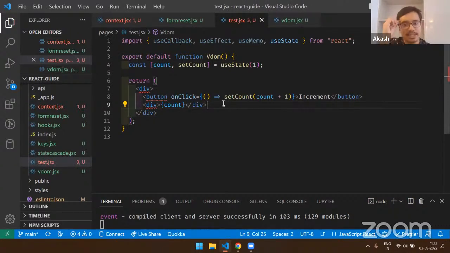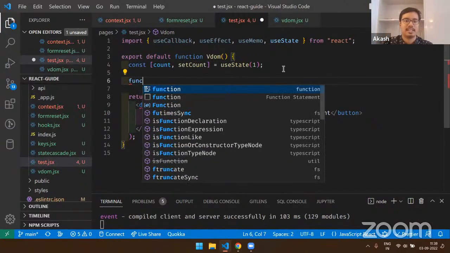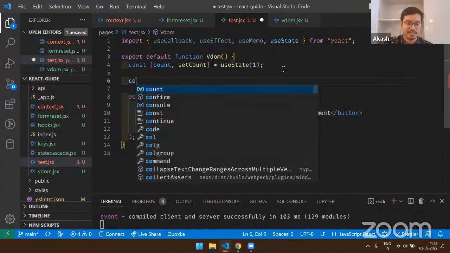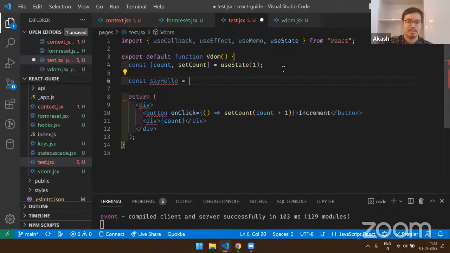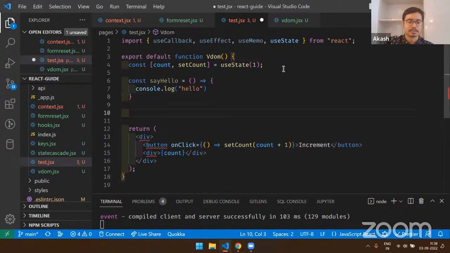Okay, so we have a very simple counter example, and let's say that I'm defining a function called say hello. Let's define it as a const because that's easier to understand. And what this function does is just log hello for now, I guess, or not log hello but log count,